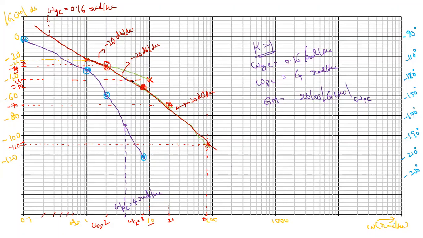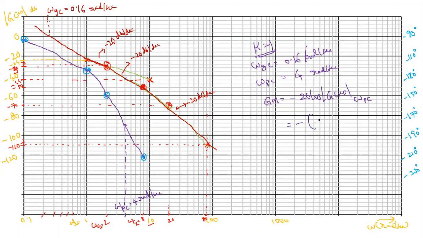Minus 44. Omega PC is 4 radian per second. At this 4, what is the magnitude value? Minus 90, sir. Are you sure? Yes, sir. How it is, Pallavi? Mine is just showing minus 44. Sir, here, sir. Omega PC is 4 only. At this point, if you just go up, it is minus 44, sir. Exactly minus 44.